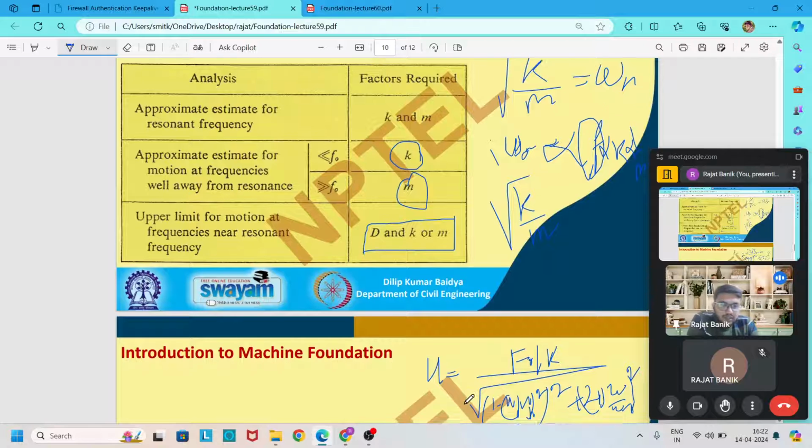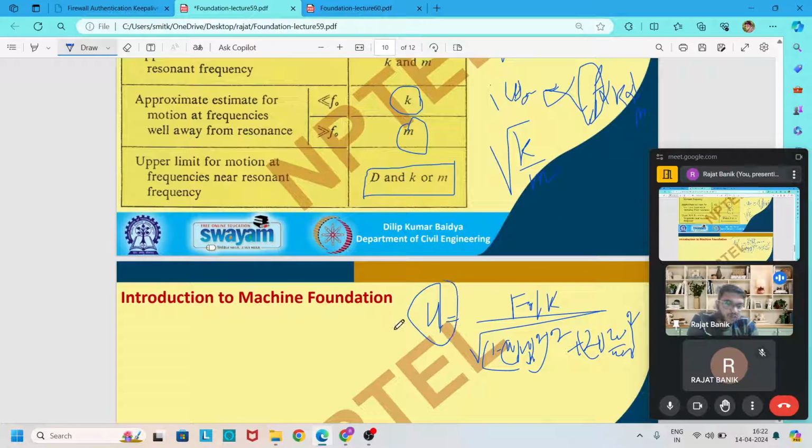So you see that this response of the damped forced vibration system depends on K, also depends on the omega of the system, also depends on the natural frequency, or indirectly we can say root over K by M. So for designing for the upper limit of motion at the frequency near the resonance,